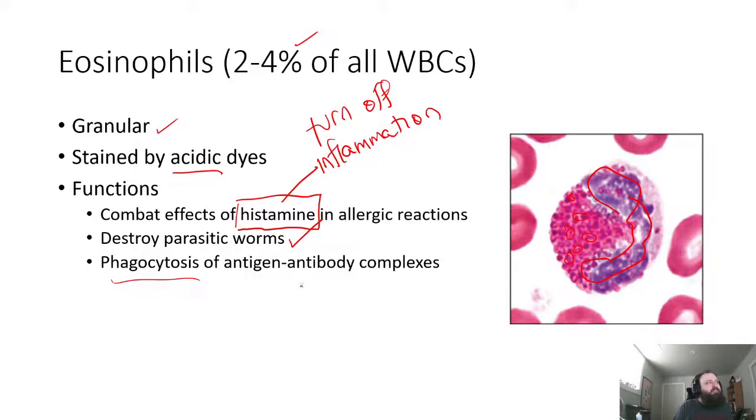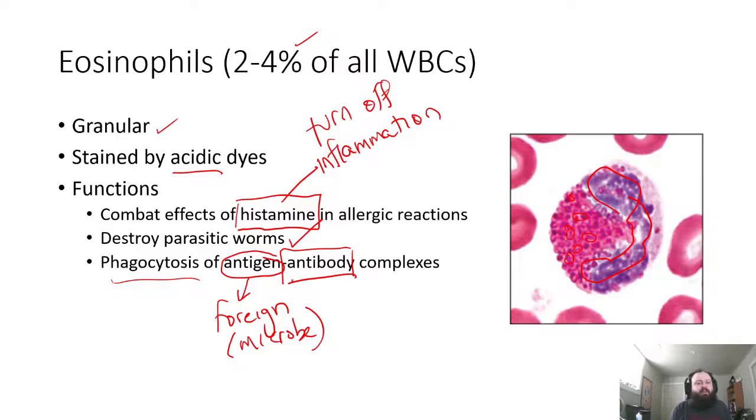When antibodies have been produced and attached to an antigen, in this case anything that's foreign in your body, but of more particular interest to you, probably something that is microbial, some sort of potential pathogen,